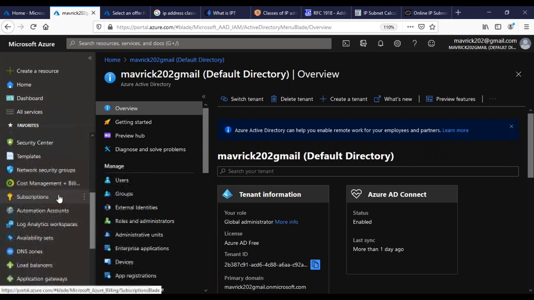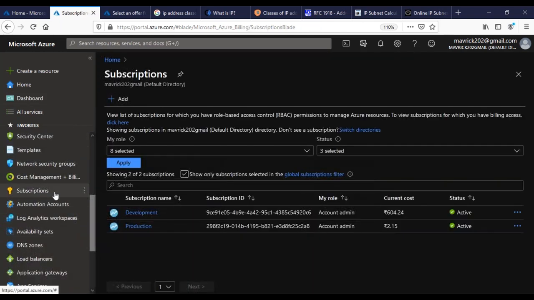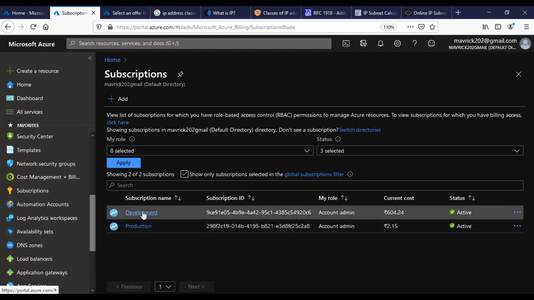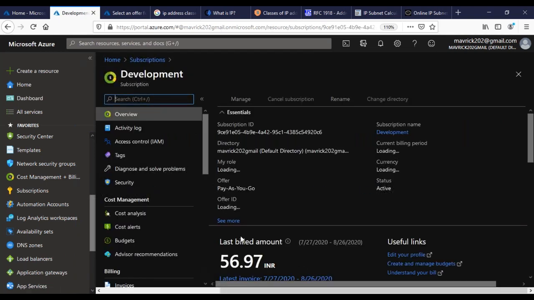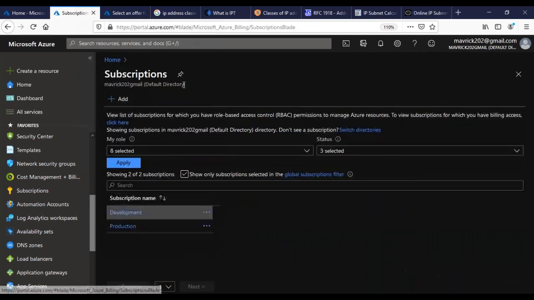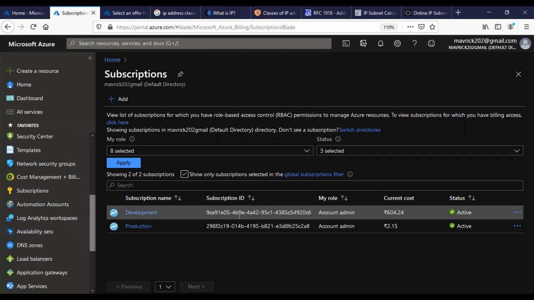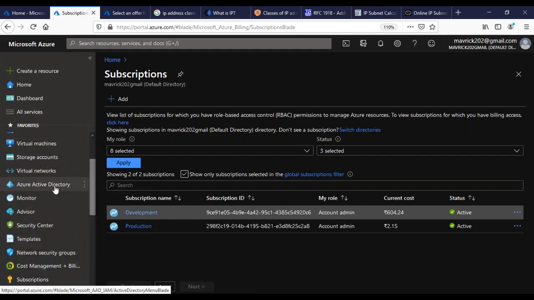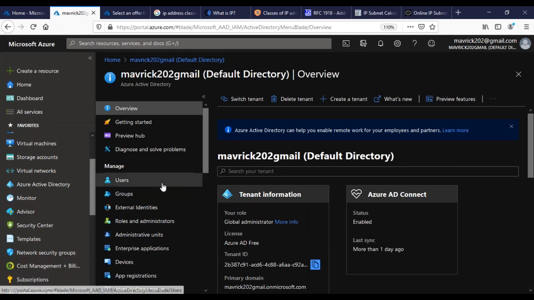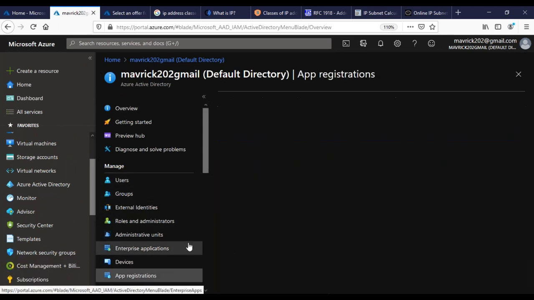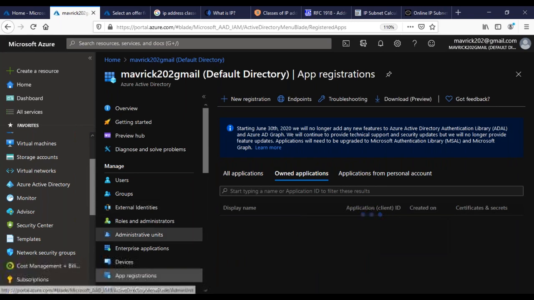What I'm trying to say is that Azure AD is completely different, basically to manage this one. So it's not mandatory that it will be attached there, because since you are actually inside the tenant, that is why you are able to see this one. For example, if I open this one, this falls under one tenant, right? That's why you are seeing that subscription under the tenant. Yeah, it is under the tenant only. Let me show you something. It is a little advanced, but I'll show something called app registrations. This is more like a service account.